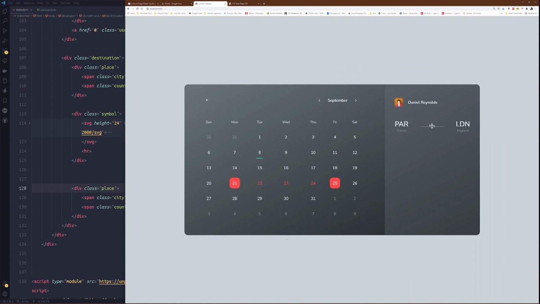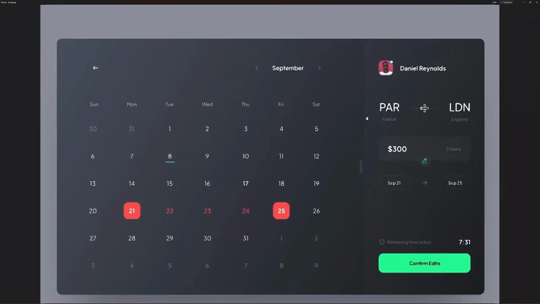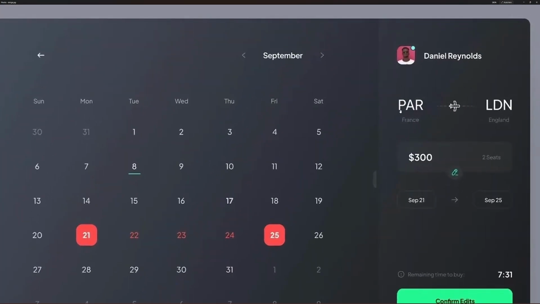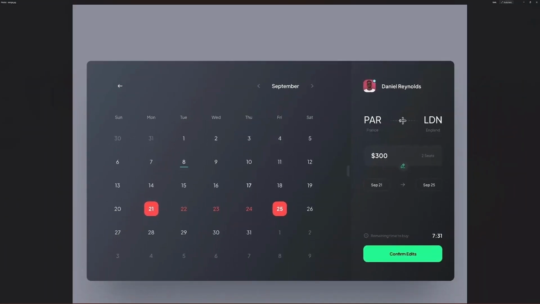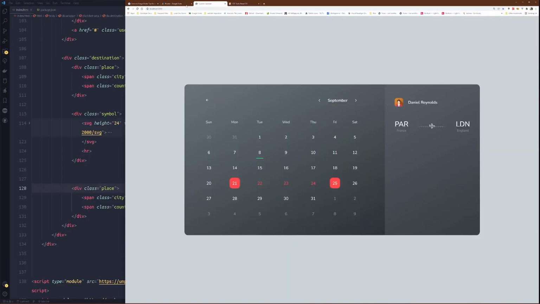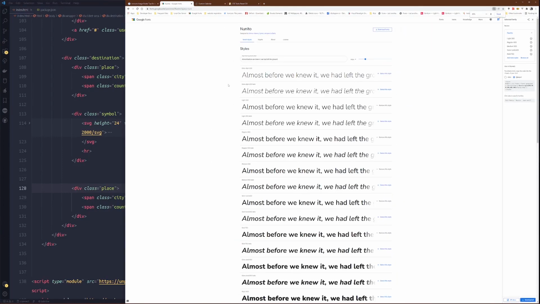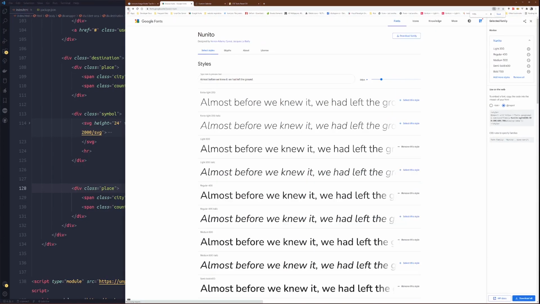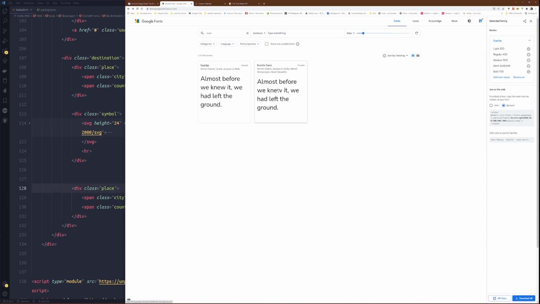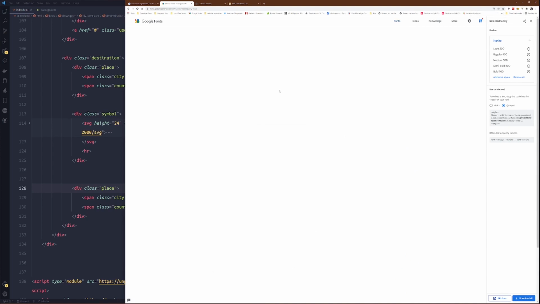So anyhow, now they say the font itself doesn't even match. You see? This one is straight, while this one doesn't need to always have the rounded. In fact, go back to Nunito Sans.